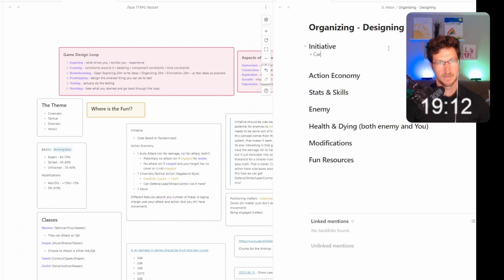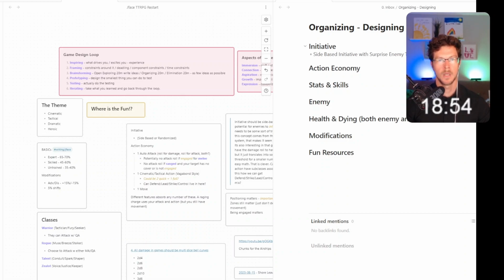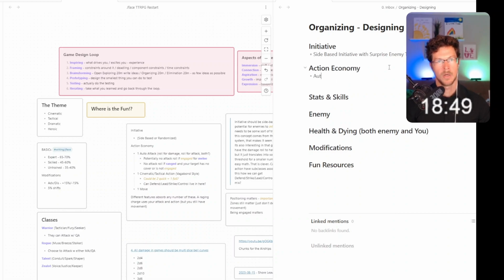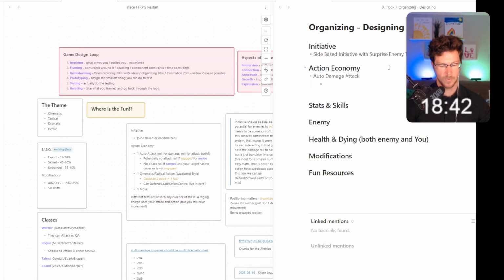initiative. Let's just go card-based. Card-based initiative. Nope, don't like card-based initiative. We already talked about Dragon Heart idea, so let's do side-based initiative with surprise enemy turns, right? We'll get back to that. I like the idea. We'll come back to it and how we would actually accomplish it. Auto damage attack. Let's go for it. Let's see how this works in terms of no skill.